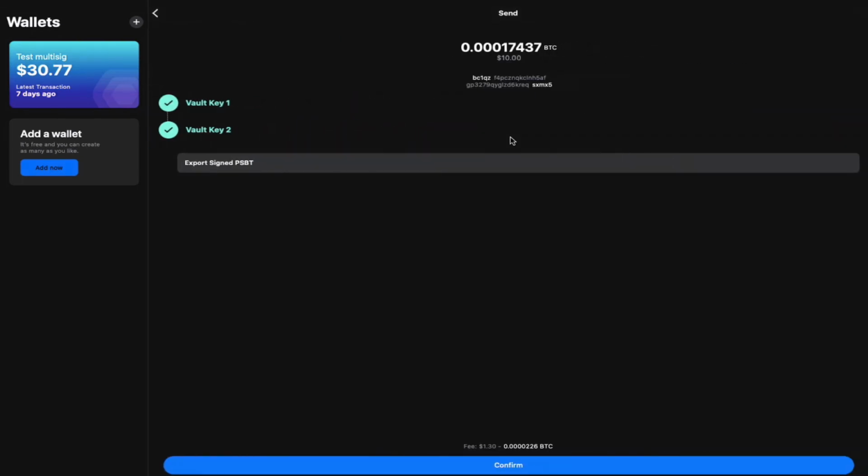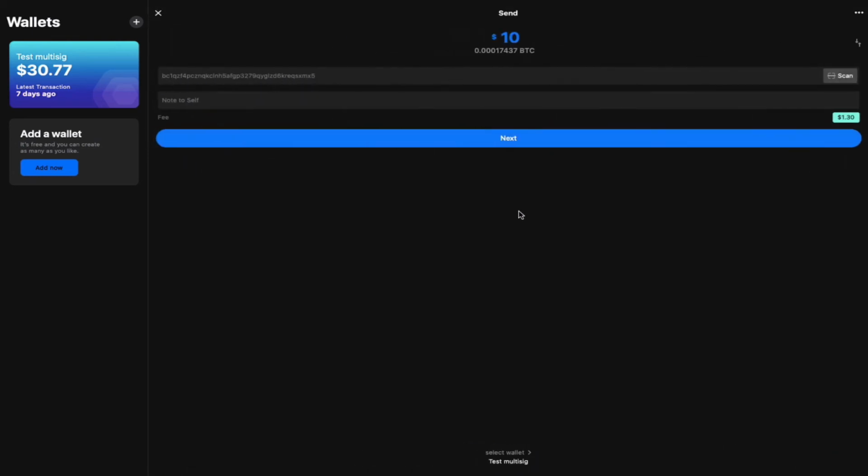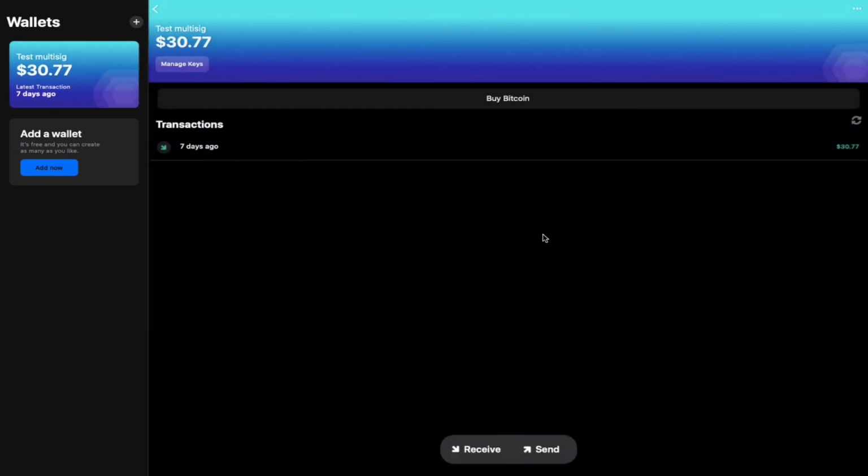and on this page you can see that I have 2 active keys assigned to this wallet. Now that is not necessarily how I wanted it to work. I wanted the case where I had to verify on my cell phone. So I'm actually going to go back to check to see why that is the case, as that is not how I wanted the Multisig wallet to work. So I'm going to go back to the wallet settings and figure out what went wrong. I'm going to go to manage keys,